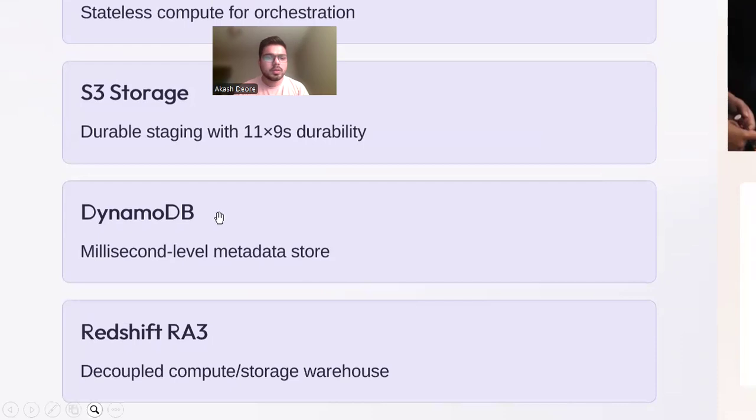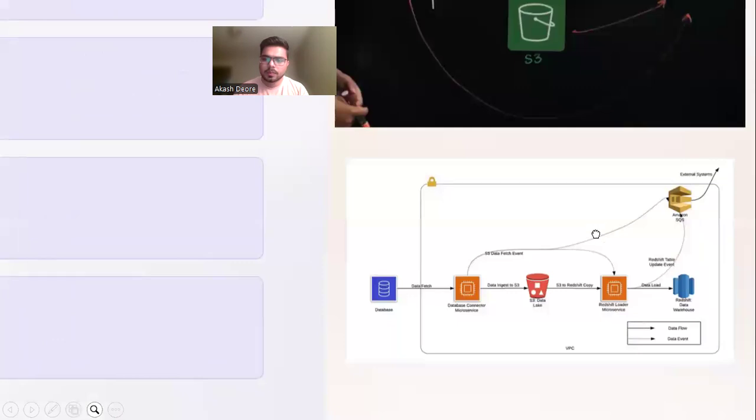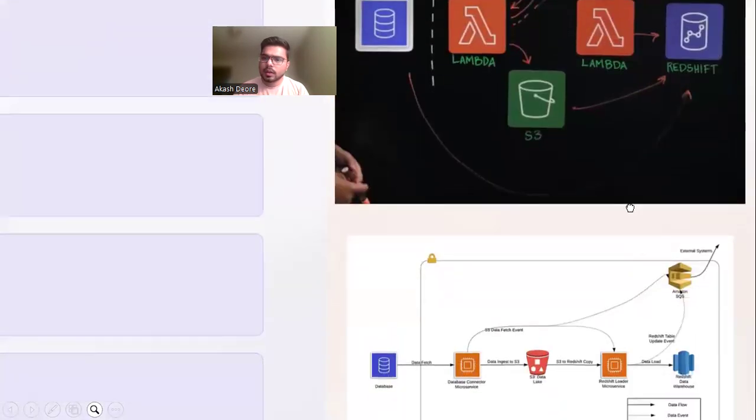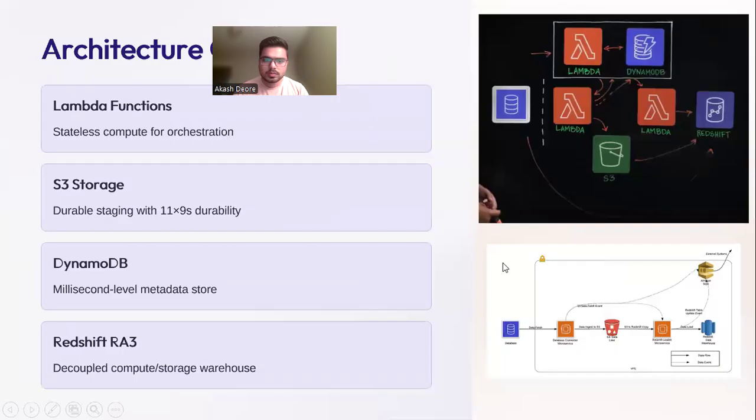The third thing they are utilizing is DynamoDB, which provides millisecond latency metadata and stays as the state store. The fourth thing they are utilizing is Amazon Redshift RA3, the analytics warehouse with decoupled compute and storage. And the last thing, which is not here in the points, but I got this here in this architecture, is